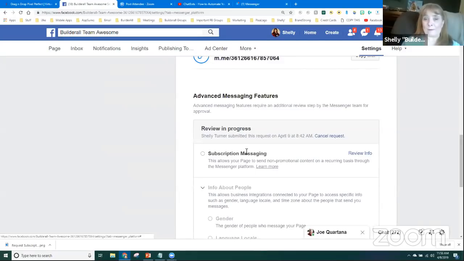I've also got a video that shows you exactly how to do this, and I'm going to provide that in the replay area as well. So you're going to get a screenshot of the way I submitted this, and a video that takes you step by step through this process, so you can get some help going through it if you need it. Okay. Any questions so far, you guys?